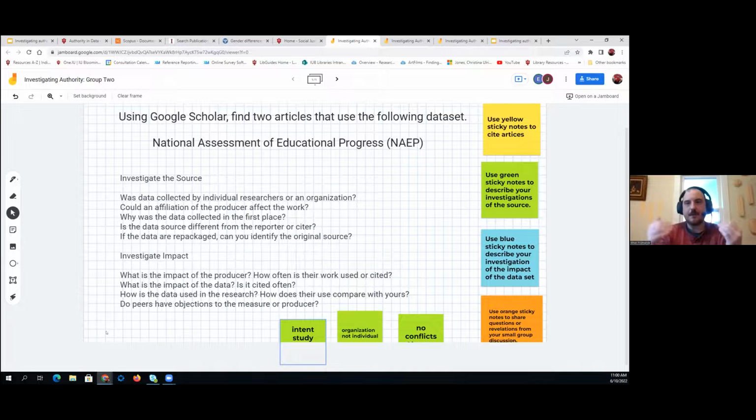There's always going to be a back and forth where you're reading about the affiliation of the data producer, but then looking at their reasons for collecting the data, and you just go back and forth and think about these things. I think a lot of researchers do this already in our heads, automatically, and it's not as straightforward to students.